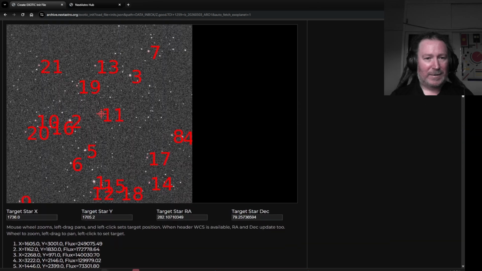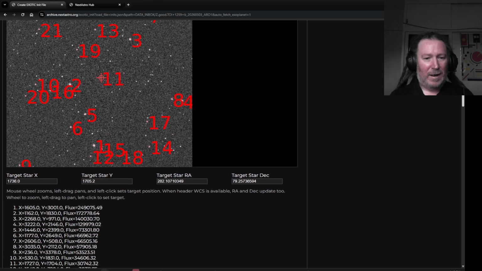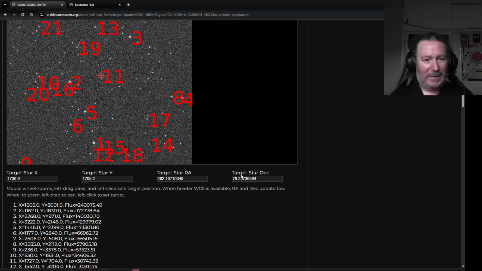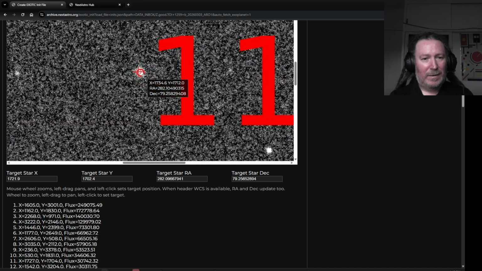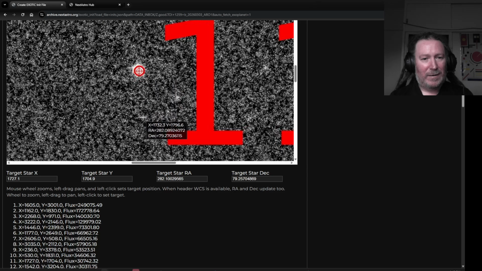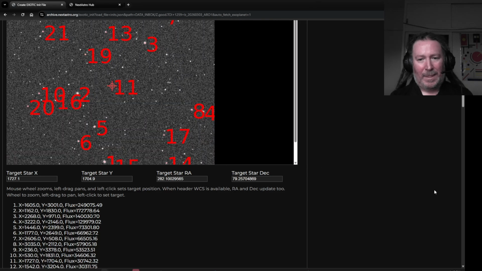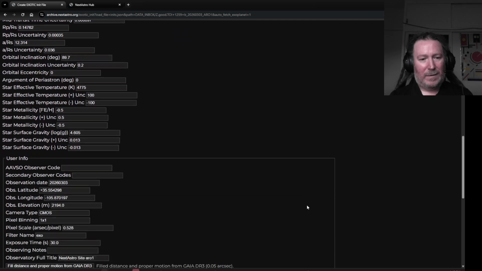So I think that's most of this page. The target star is here, conveniently under here, so if I can click it over here, you see the RA, DEC, and XY things change. Let me just put that back there, easy if you zoom in to get it right. There we go, bang on in the center. So we filled all this out,